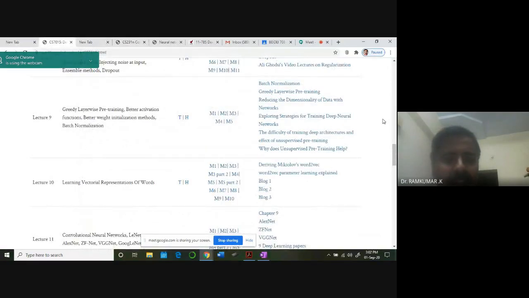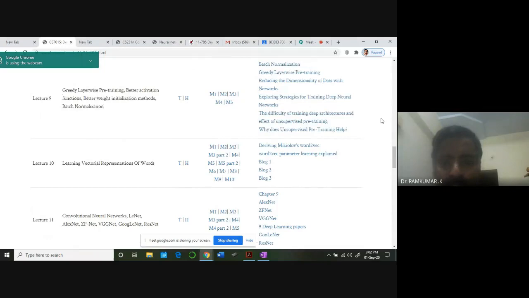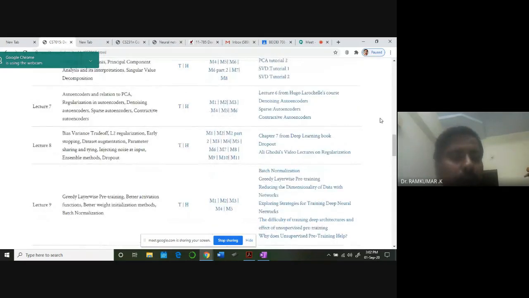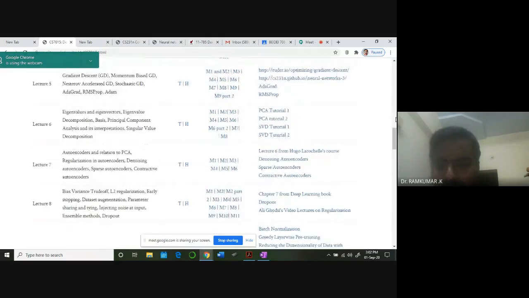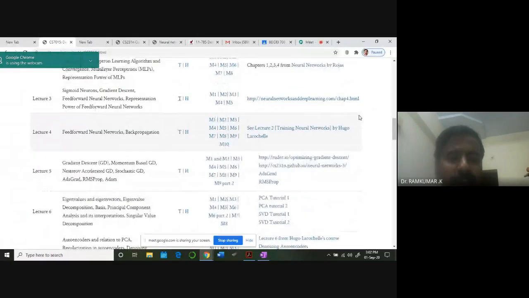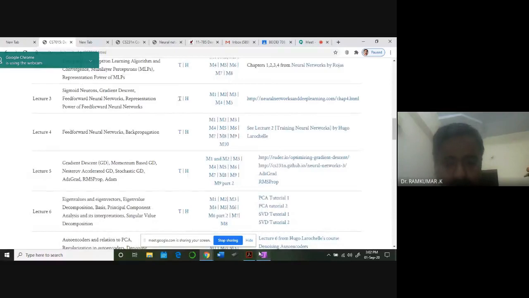Don't take it lightly and put in one or two hours of effort per week. Minimum of four to five hours. If you put that in, I'm telling you, in another three months you can come up with a very good project on this backpropagation or neural network kind of learning. Aim for it and achieve that. Don't take it lightly. I can understand you will be having some difficulties, particularly with placement and all, but five hours per week is not a big deal. That's my point. All right, can I stop now today?